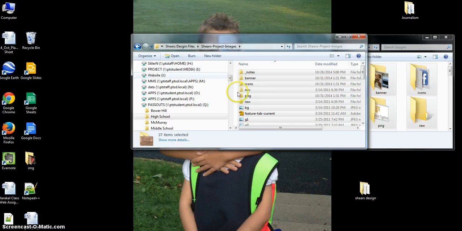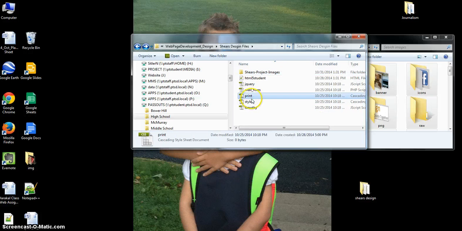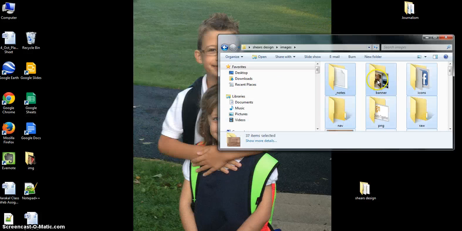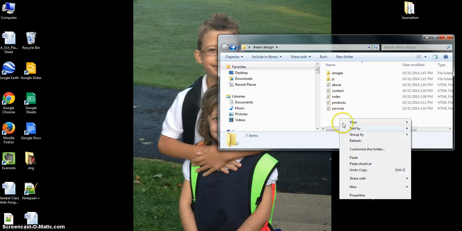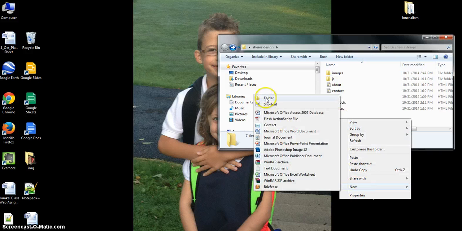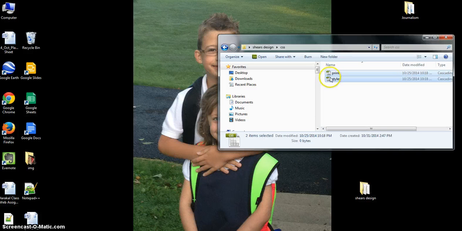Now, there are a couple of other files that you're going to need to copy. You're going to need to copy different things, like you're going to have to copy the CSS print and style sheets. So you're going to want to highlight those, Control C, and then you're going to go back into the Shears design file. You're going to find, oh, we don't have a CSS folder, so let's make a CSS folder. So we'll do new folder, CSS, and then we're going to click in that folder and we're going to Control V or paste those in there,